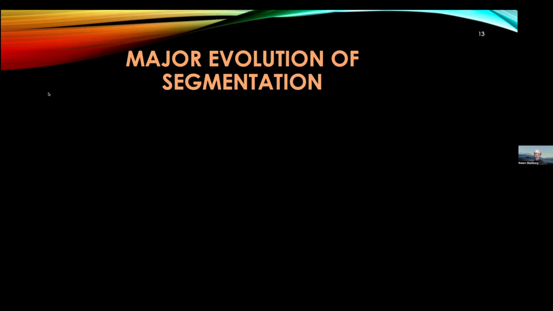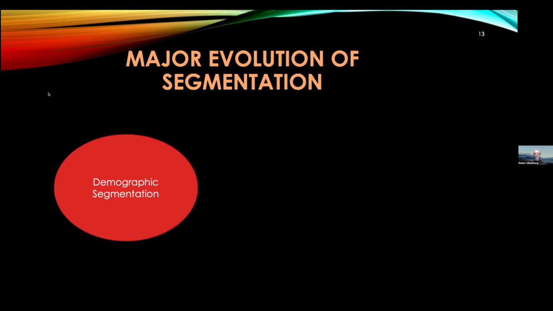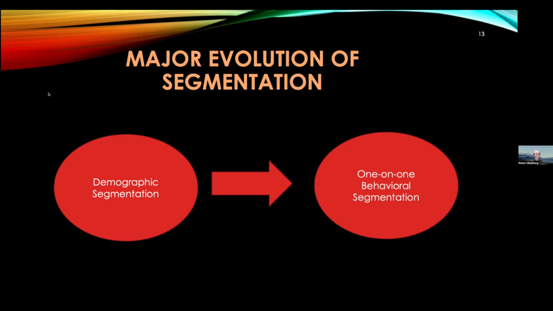The major evolution, the big change in segmentation, and this is due to all the evolution of databases, is the following. It used to be that probably the primary form of segmentation was demographic segmentation, as I went through, like they're using in the election. But the big evolution is to one-on-one behavioral segmentation. So I wrote a book in 2007 with a couple of colleagues called Database Marketing, and I've been involved in that world for a long time, and I've seen the change.